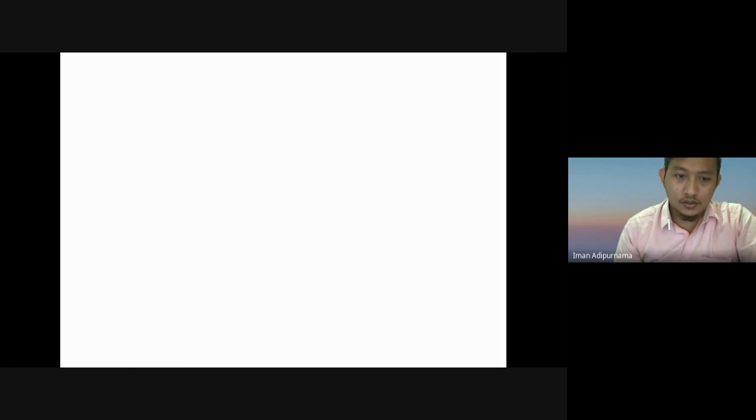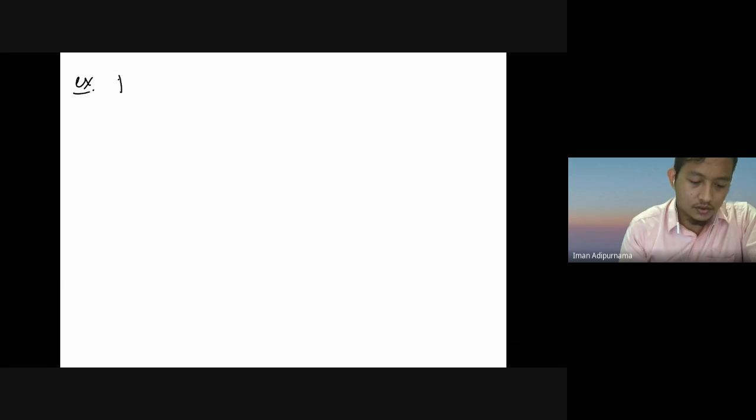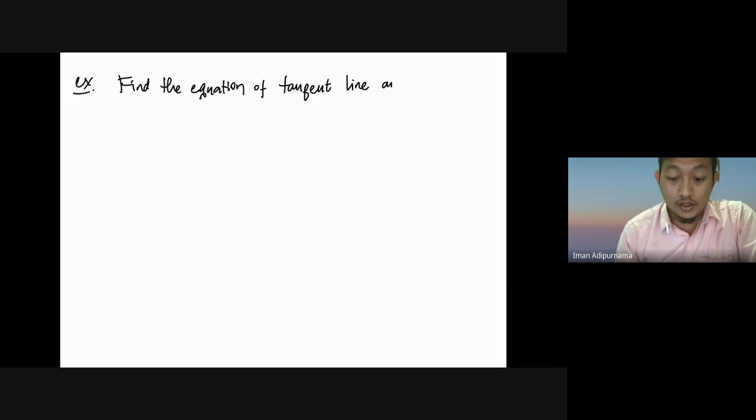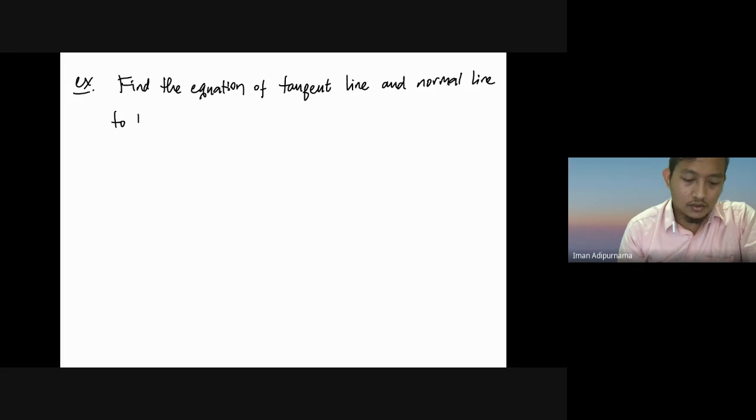Example: find the equation of the tangent line and normal line to the curve